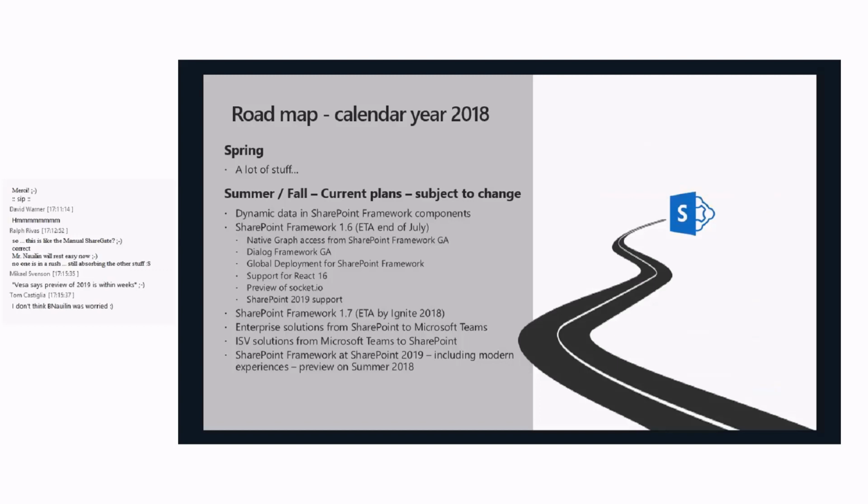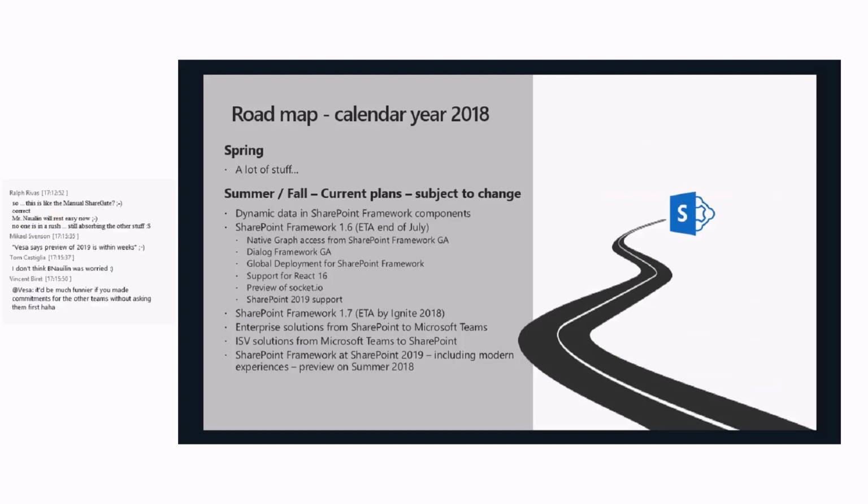The next big things will be around SharePoint Framework 1.6. Right now ETA for that one, ETA meaning estimated time of arrival. We can't promise that it will be by end of July, but we're looking into making that happen by end of July. We'll have then native Graph access from SharePoint Framework GA version, potentially Dialog Framework GA, global deployment